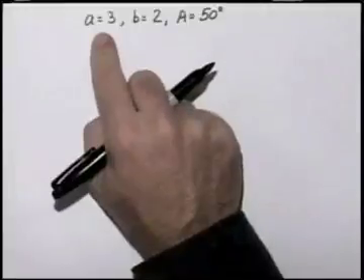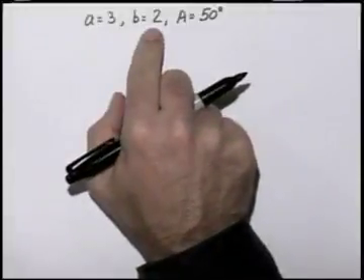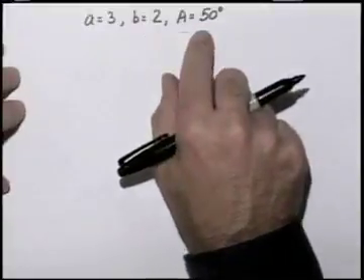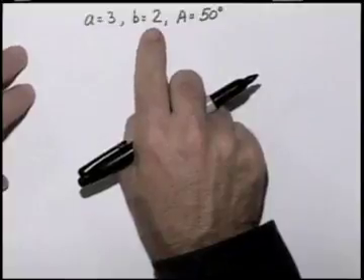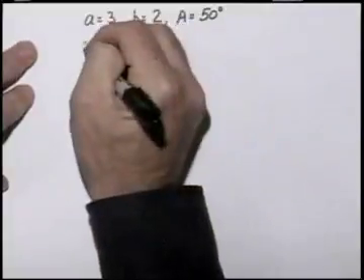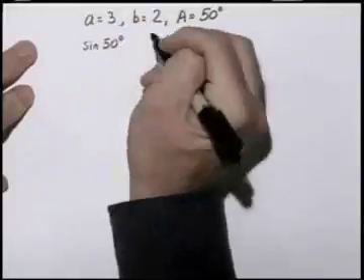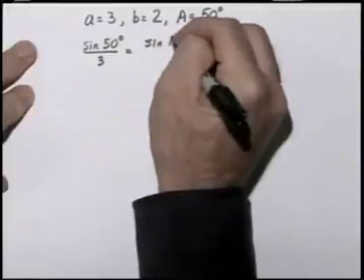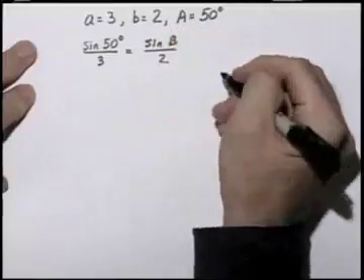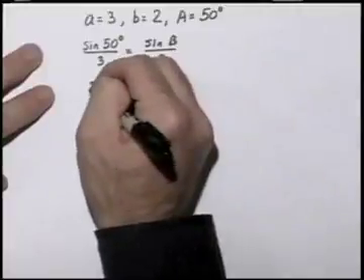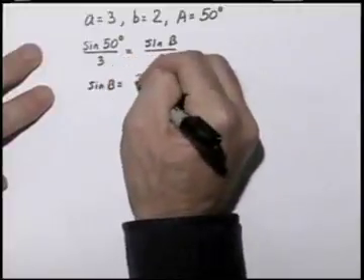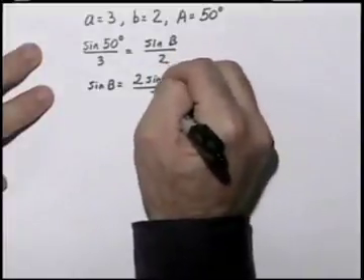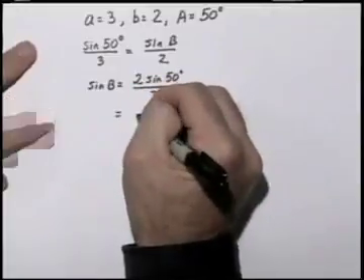We're given that the length of side A is 3, the length of side B is 2, and the measure of angle A is 50 degrees. We can use the law of sines to try and find the measure of angle B, because the sine of angle A, 50 degrees, over the length of side A, 3, is going to equal the sine of angle B over the length of side B. So I get that the sine of B is 2 times the sine of 50 degrees divided by 3, so the sine of B is about